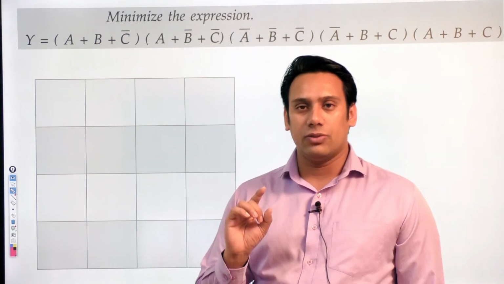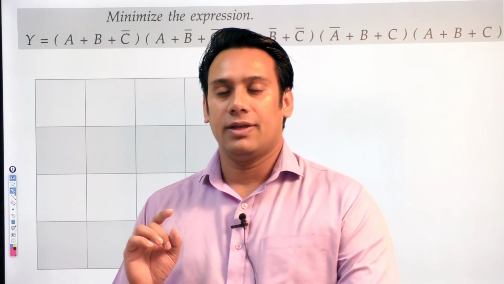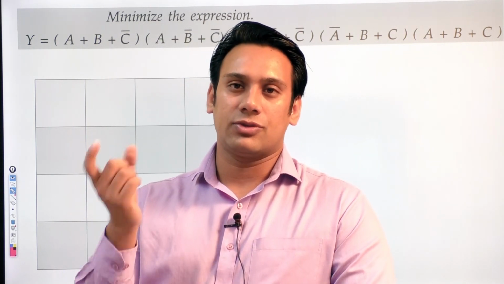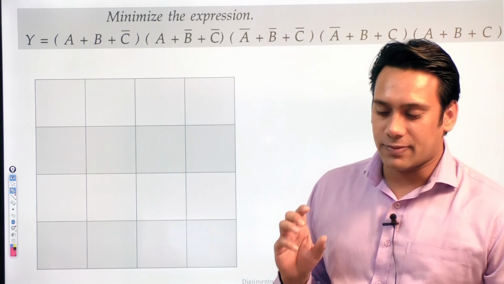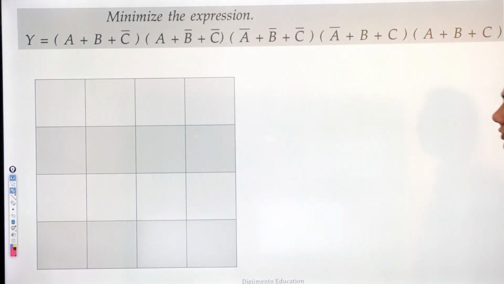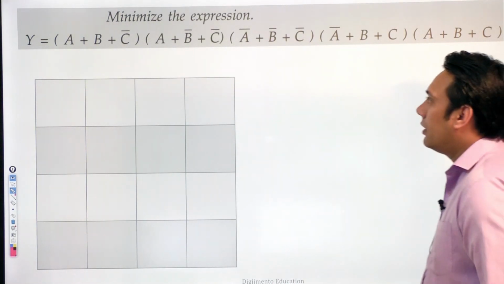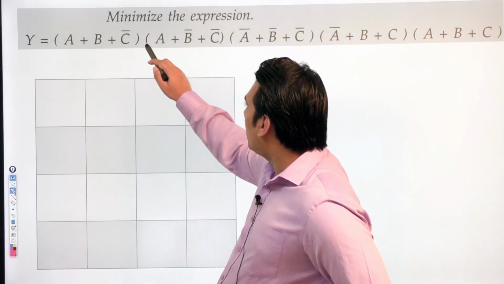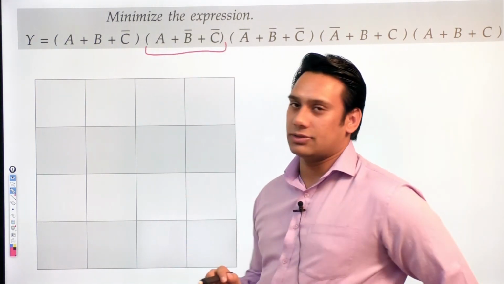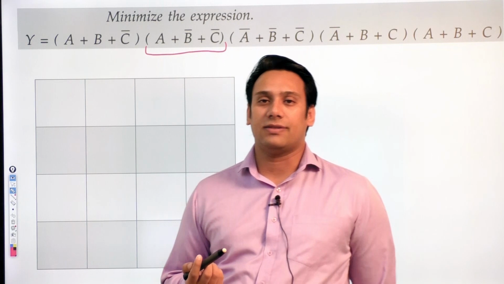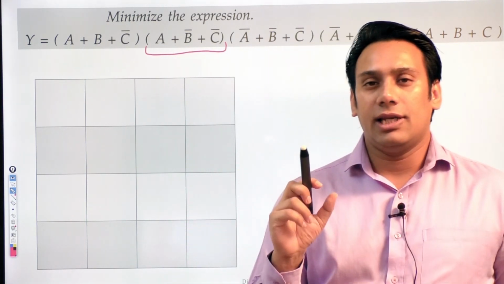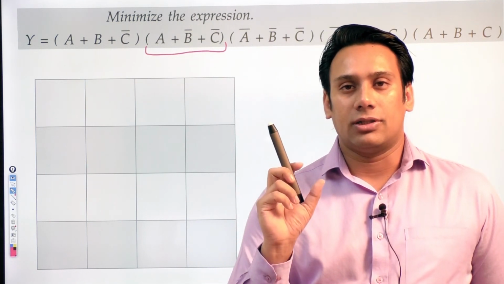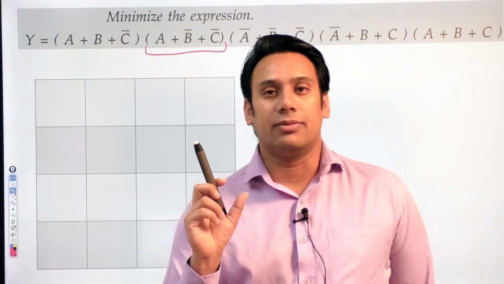Okay, first I will explain you how the concept works. And then maybe we can also use a 3 variable k-map to solve this one. Let me first explain the concept, then I think you will be able to understand it clearly. So what do you really mean by a product sum term here? यहाँ पर ये जो expressions हैं, these are product of sum expressions. What do you really mean by this product, this sum term? ये sum term का मतलब क्या है?